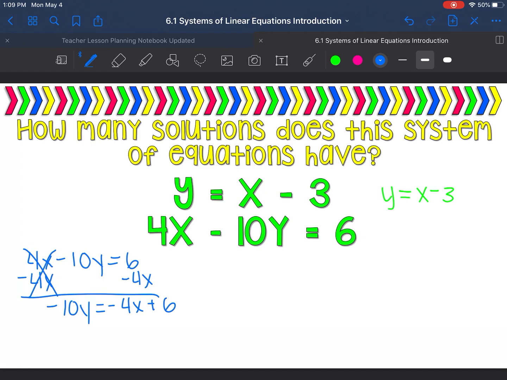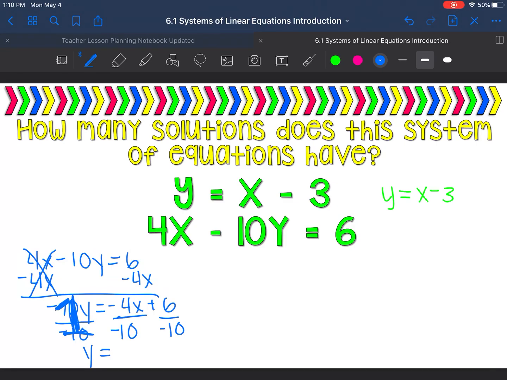Okay, remember, you want it to be y equals, not negative 10y. So that means you're going to divide negative 10 by everything. Don't forget that negative 10 sign, okay? It's negative 10, not just 10. So negative 10 divided by negative 10 cancels out, and that leaves you with y equals, all right, so